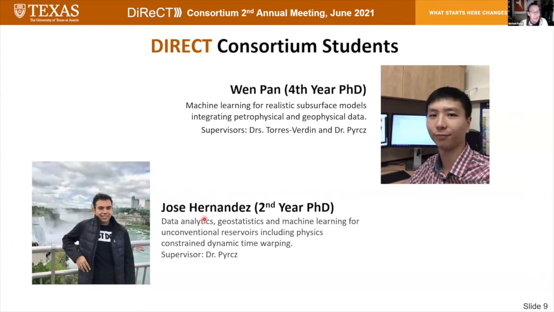Jose Hernandez is a second-year PhD student working on data analytics, geostatistics, and machine learning for unconventional reservoirs. You're going to see work today where Jose said, can we take signals using dynamic time warping to map between signals? Can we use that to understand flow heterogeneity, connectivity, when all we have is the injections and the production at individual wells over time in a water flood? And I'm really excited about this because we're learning new things about the overall heterogeneity, how things are flowing through the reservoir using that information. So Jose, you'll get to hear about that shortly.